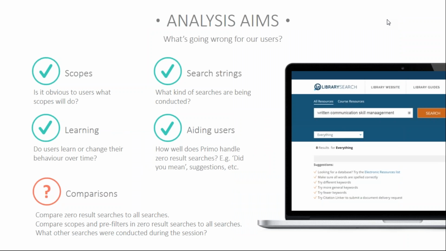So libraries are highly focused on user experience. We're always set on improving our services and access to resources. We're constantly comparing the way we deliver the library experience to our commercial competitors or trend-setting design. With this in mind, I wanted to find out how I could use the wealth of data available in Primo Analytics to improve the user experience.